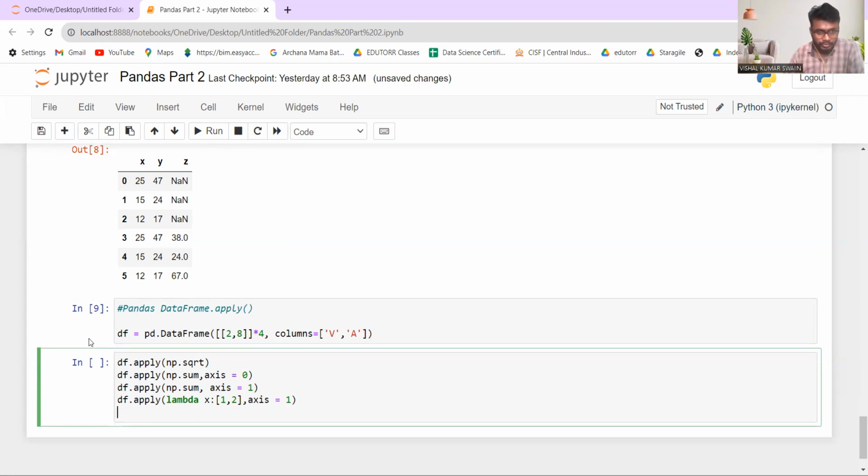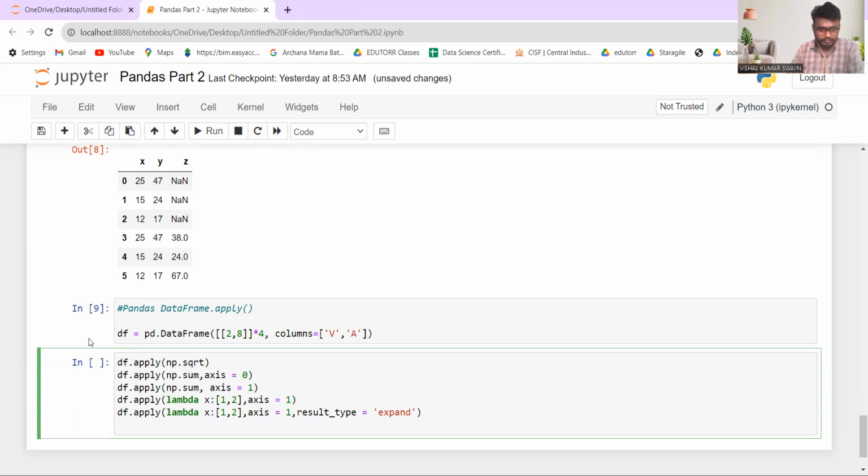So the same thing, but let me just copy this one and paste here. But one thing you add is the result type. Result type of expand. And then df dot apply,